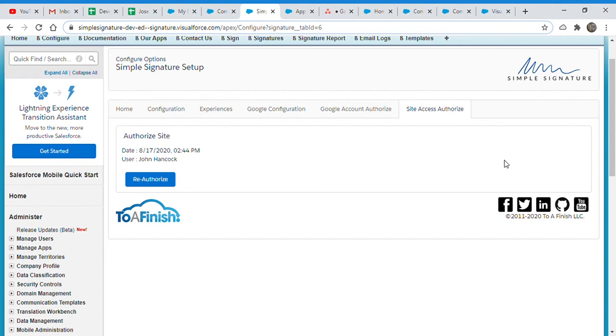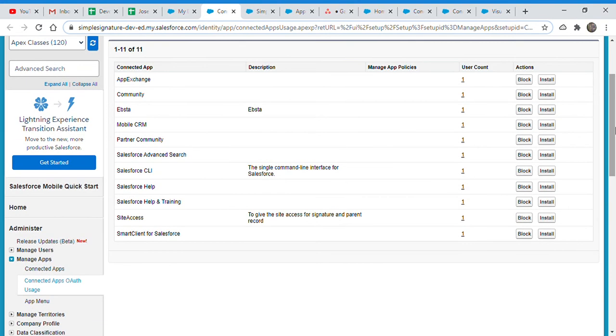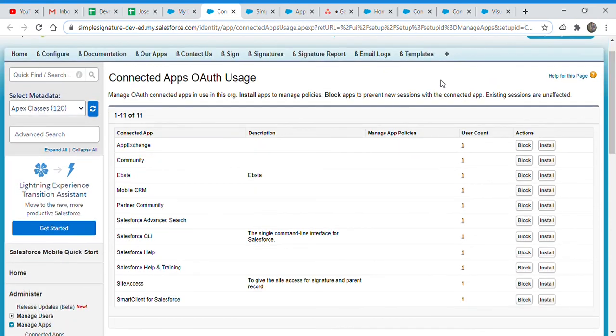Please let me know what you think about that. This way, the admin has the option to create a new connected app in his org if he wants, or he can just give us his callback URL, and we can add it in our connected app. That's the true thing. And if we are not going to add the connected app, he can come here, install the connected app, and manage whatever policies he can manage. So please let me know about this. I think this is what we can do. Thank you.